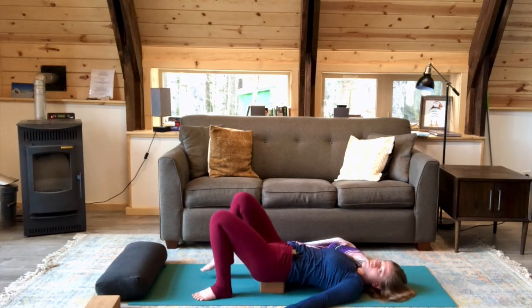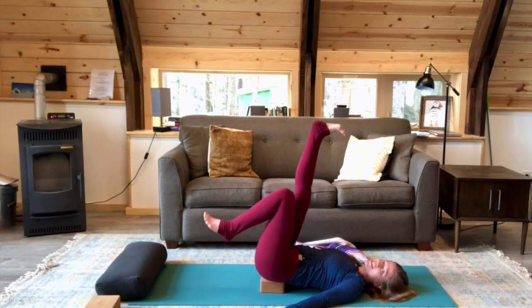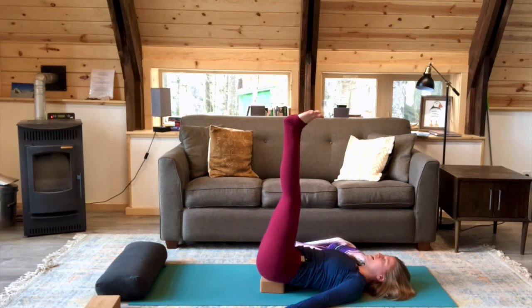If you'd like to explore this pose and integrate an inversion, maybe even bring your legs up towards the ceiling in Viparita Karani. Allowing the reverse of blood flow to nourish the upper body. Nourish the heart, gratitude for the feet, your legs,